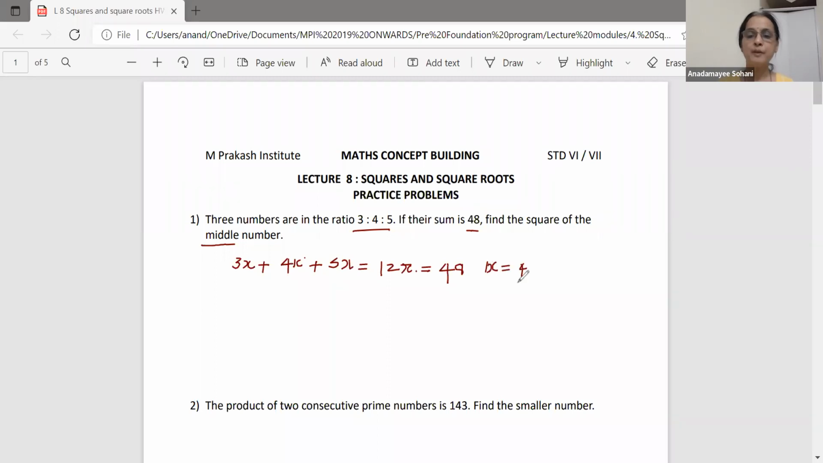x is equal to 4. And if x is equal to 4, what will be the numbers? 3 multiplied by 4 will be 12. 4 multiplied by 4 will be 16. And 5 multiplied by 4 will be 20. So the numbers are 12, 16, and 20. And what are they asking? The square of the middle number. So the middle number is 16, and square